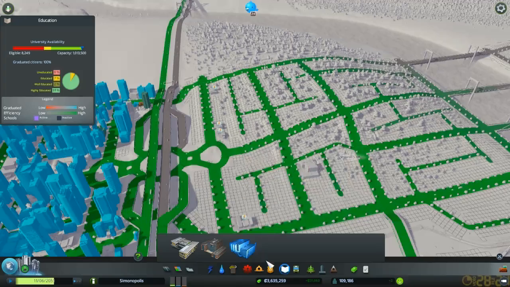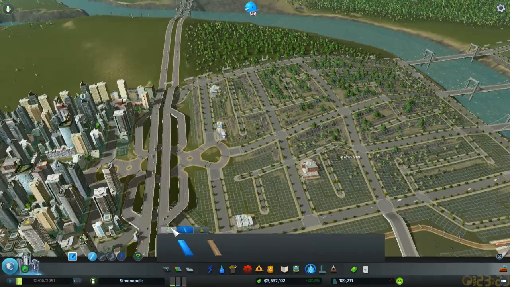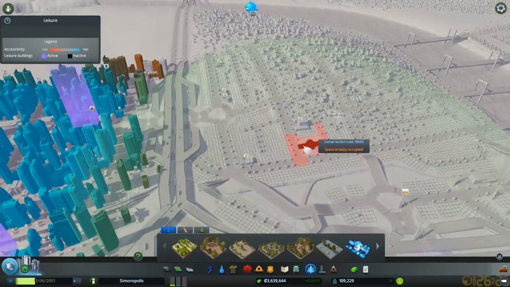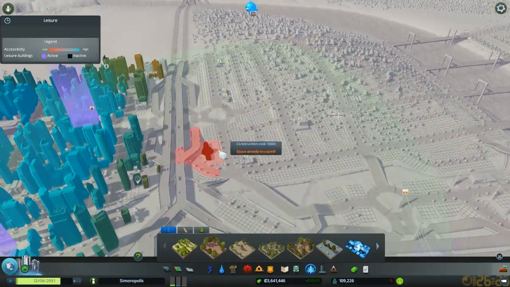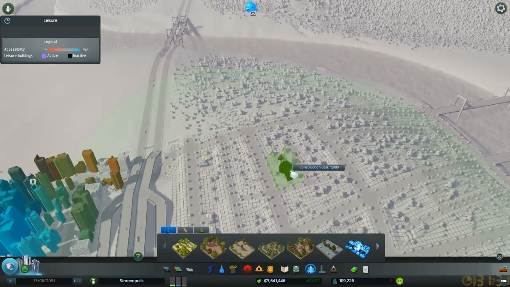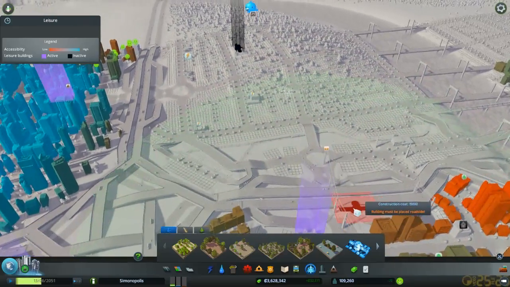University, well, let's not do university, they're expensive. And then parks, let's just put a couple of the really good parks, if I can fit them in. Nope, I can't fit this in. This is like the best one, but it's also difficult to fit. Let's put one there like that, and maybe...